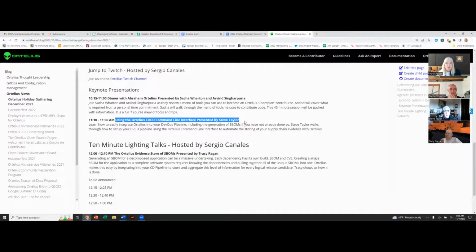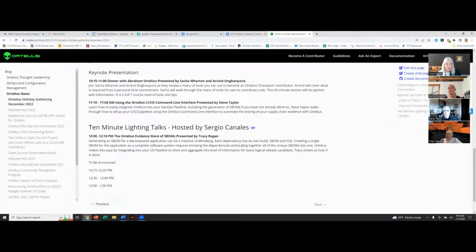And then I'm going to have Steve do an introduction to this CI/CD command line interface. One of the board's initial discussions at the beginning of the year was to improve the onboarding of Ortelius. The CI/CD command line interface is intended to achieve that. So Steve will do that. And then we start with our lightning talks. I'm going to just do a 10-minute talk on reviewing how we're aggregating SBOM evidence, and we need 3 more talks. Siddharth is going to see if he can get somebody from NatWest because he likes his team to do a talk. So we probably will have somebody from NatWest, and so we need 2 more talks,